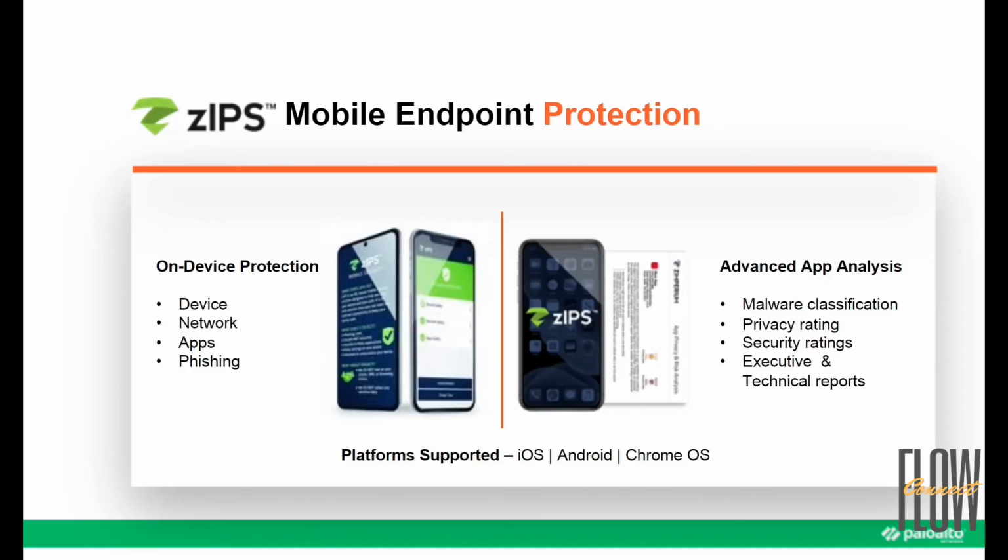And then on the other side of it is advanced app analysis, which is built in there. Understanding what an app could do, having a true understanding of it: is this going to share out credentials? Is this going to access messages? Is this going to access contacts? That kind of breakdown, that kind of threat report. Organizations need to have that data in order to make a proper assessment of their security profile. What is it looking like? And that takes it into the other aspect of tying into